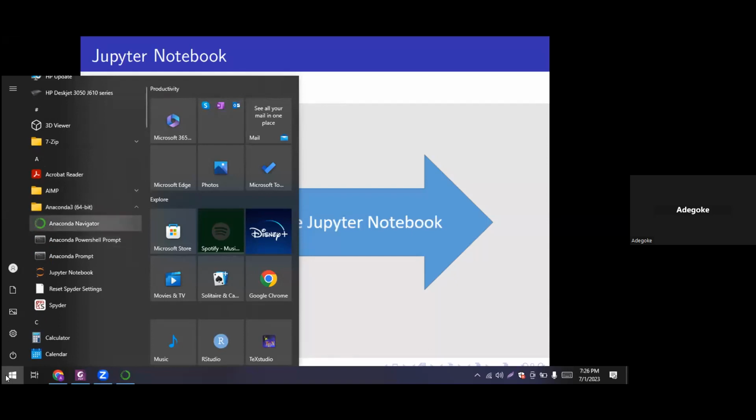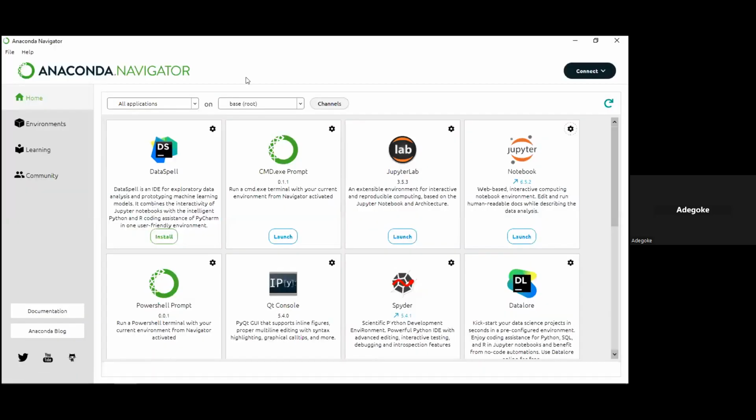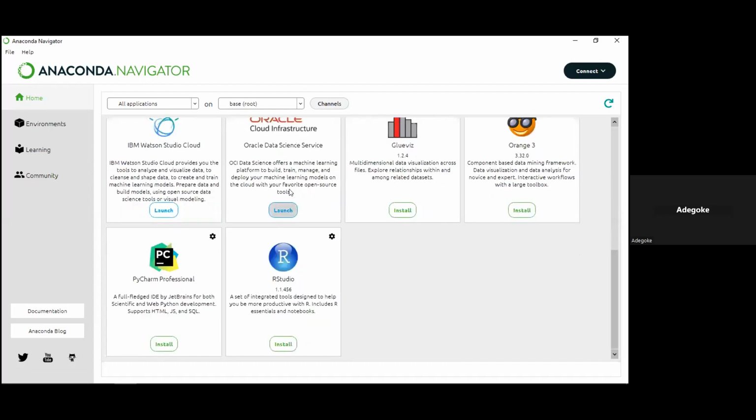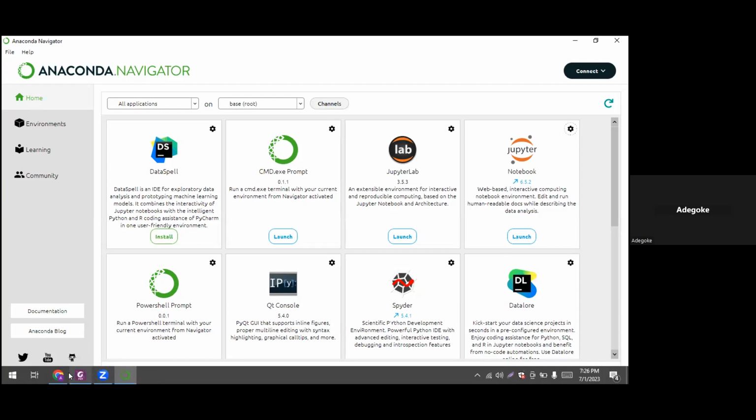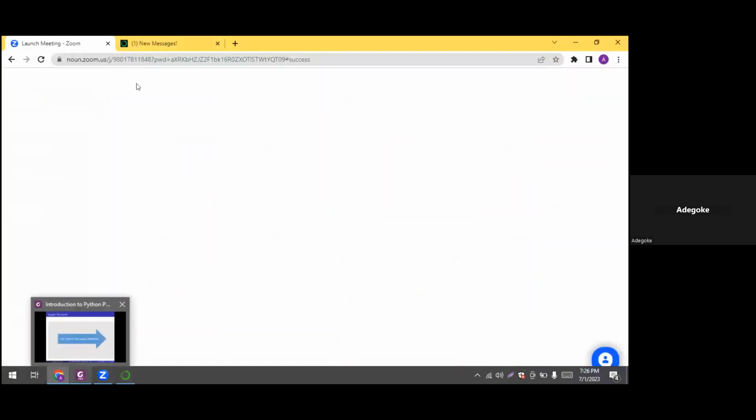If you click on it, it will open this interactive section for you, where you can see different applications on your Anaconda environment. Now, if you click launch, that's when you can launch your applications using the Anaconda Navigator. So I think this is taking a lot of time for me. So let me pass through the